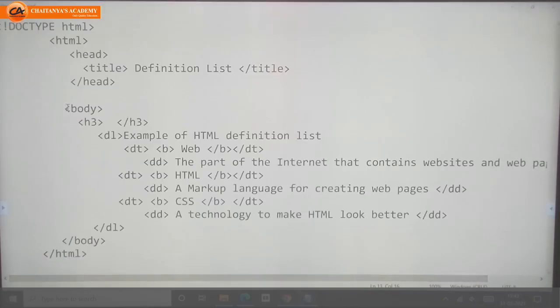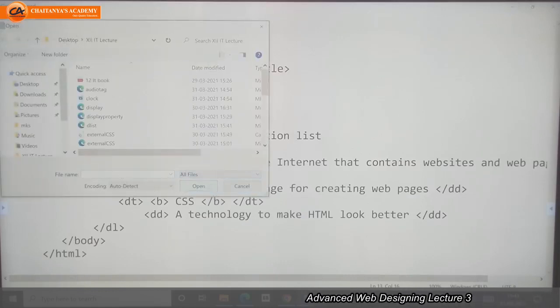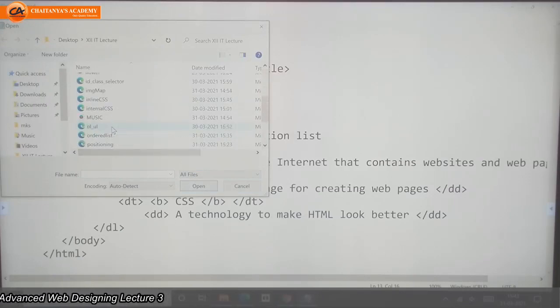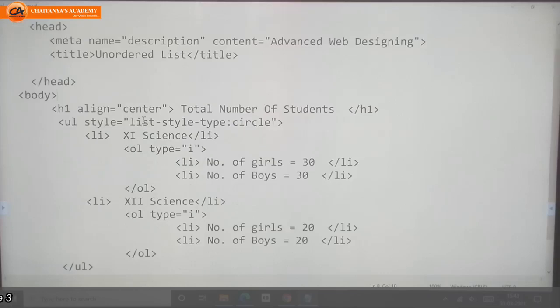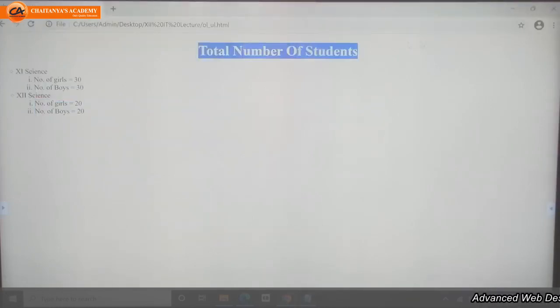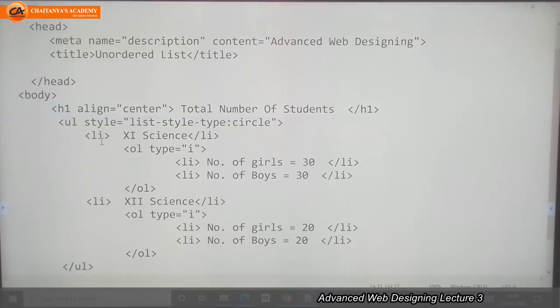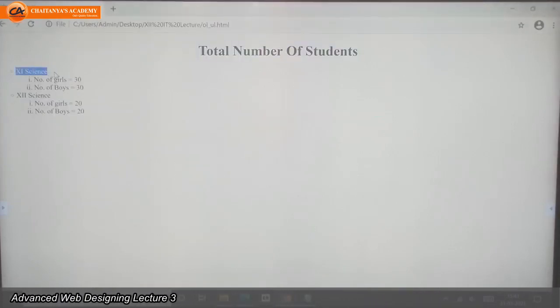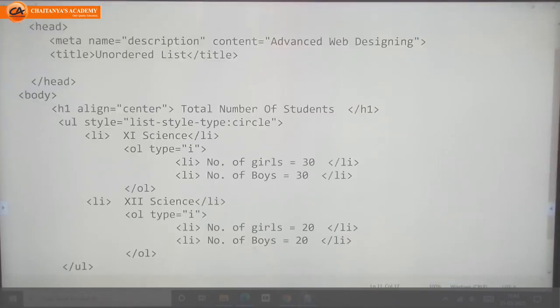Then what do we need to do? We need to use both tags, UL as well as OL, one inside the other, like this. See here our heading, total number of students. Next, we want 11th science as an unordered list item, so I need to write the UL tag here.